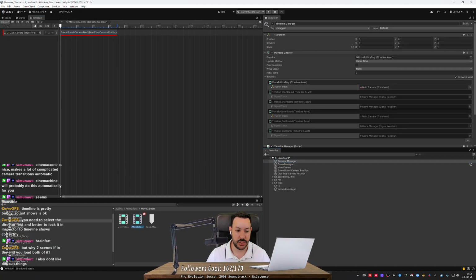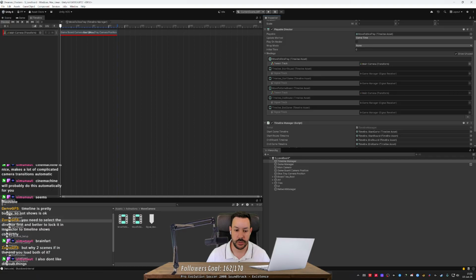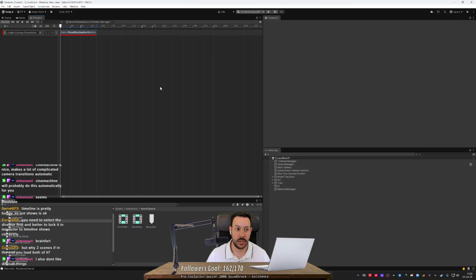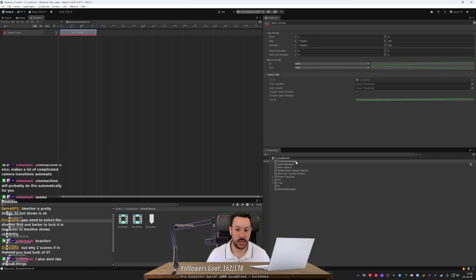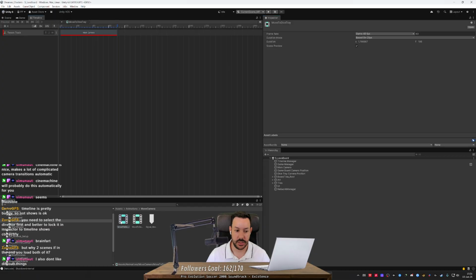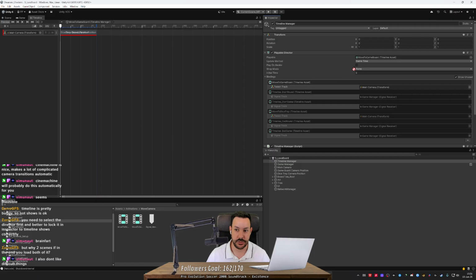But then if I change it to the move to game board, oops, it's still going from game board to dice tray. And if I change it here, from dice tray to game board, and I save it, and now I switch back to the move to the dice tray,